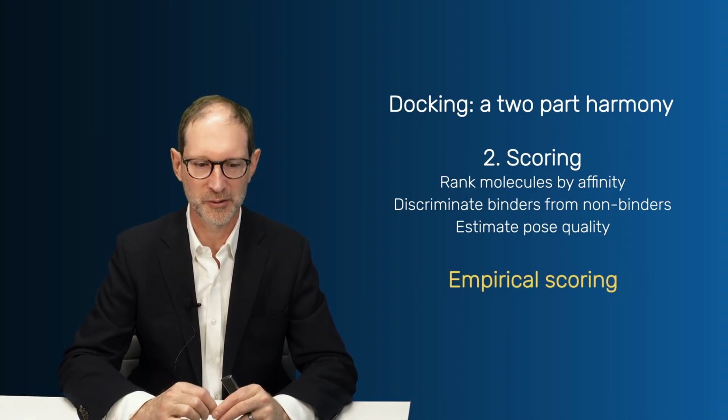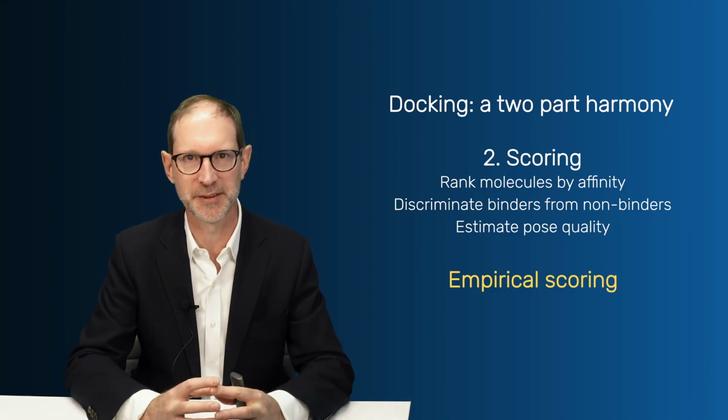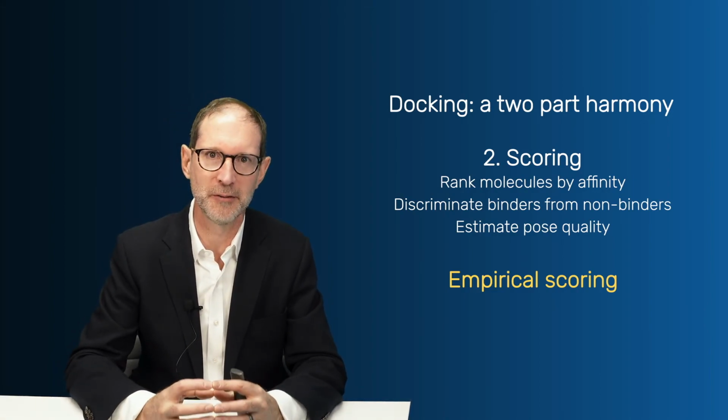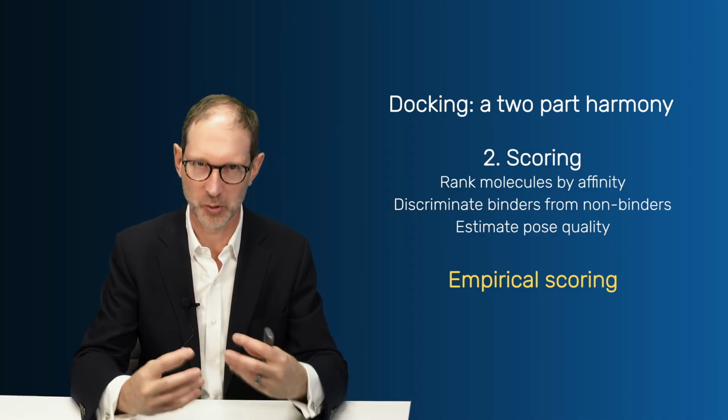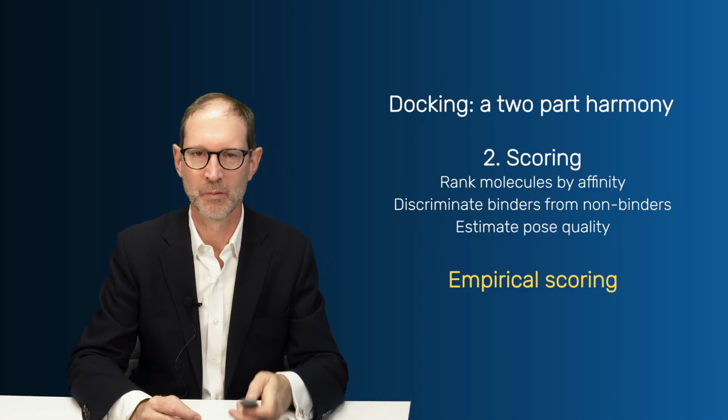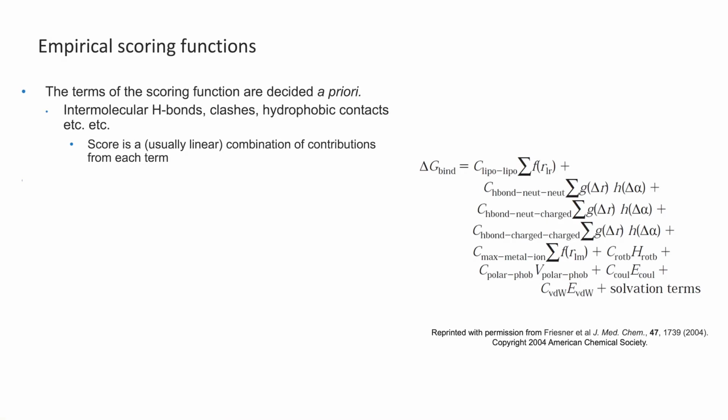to what's known as an empirical function, which, like a force field, is a linear combination of individual contributions, which are written down by the developer hoping to capture all the key terms. An example scoring function is here. This is the Glide scoring function, and you'll see that cleverly the developers here have elected to classify hydrogen bonds into 3 different types to improve accuracy. Physically, of course, there's only 1 hydrogen bond, but here, to improve both pose prediction and virtual screening, they've classified them